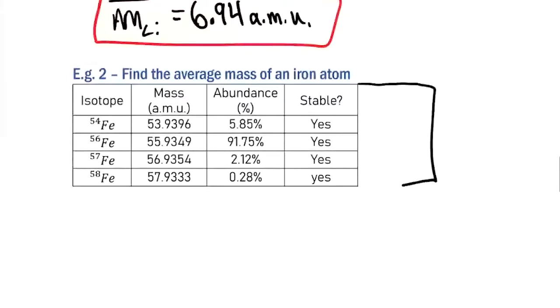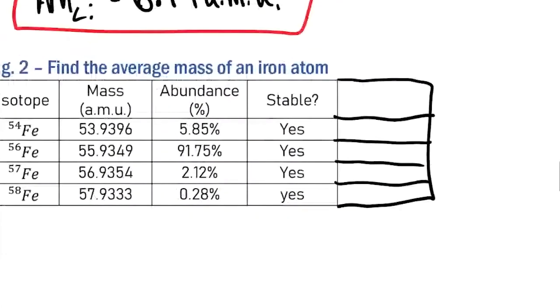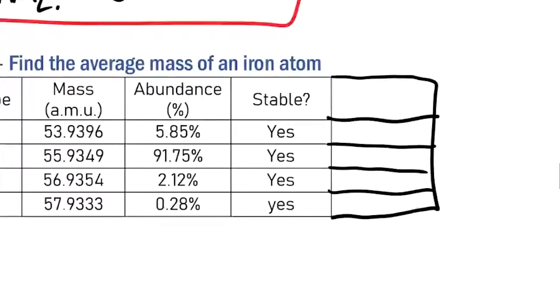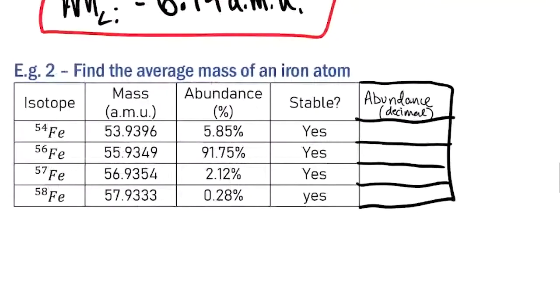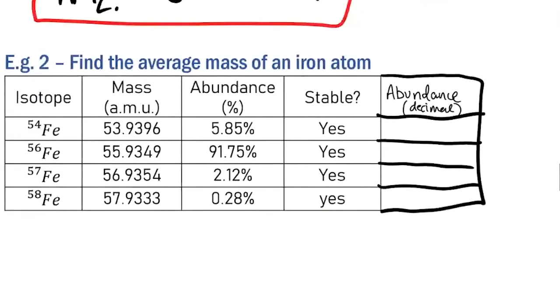It might not be a terrible idea at first, if you're not super comfortable working with abundances as decimals, to add on to this. So I'm going to add to this table, and we're going to look at the different isotopes of iron. There are actually four different isotopes of iron that are all stable. One with a mass of 54, one with a mass of 56, one with a mass of 57, one with a mass of 58. Now we have to use the actual carefully measured masses here,